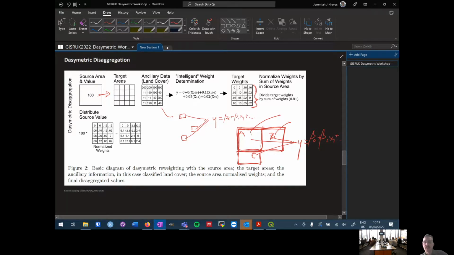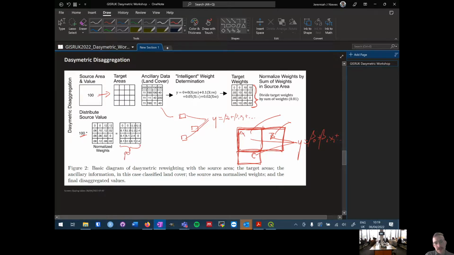And that's key, right? So in this case, you can see an example here where once we have the normalized weights, we multiply by 100, and we get our output population at the